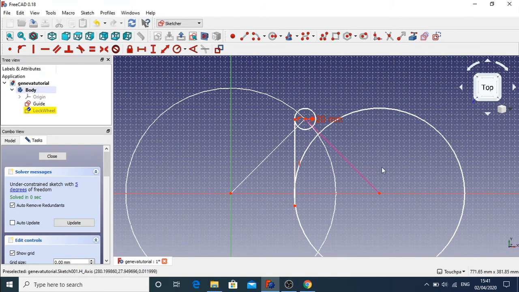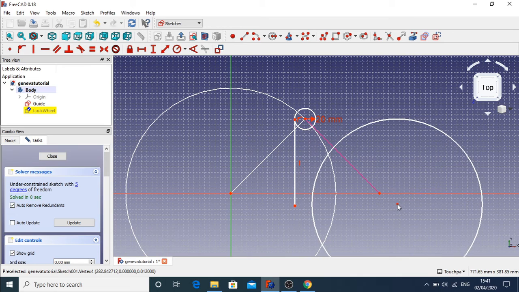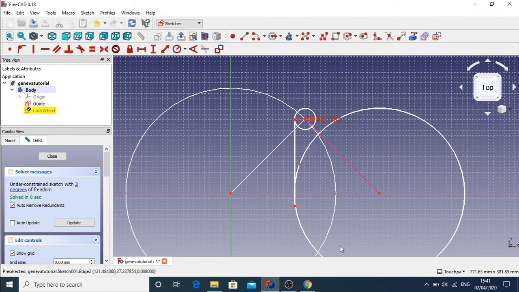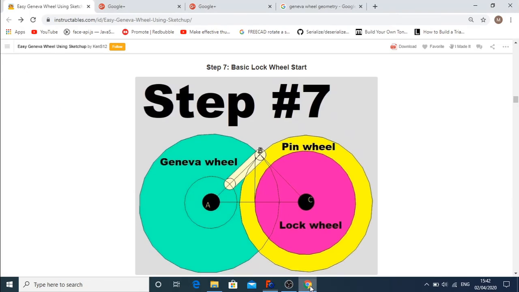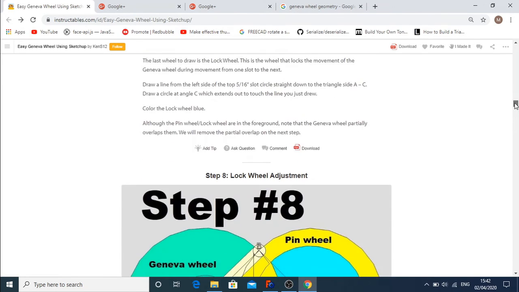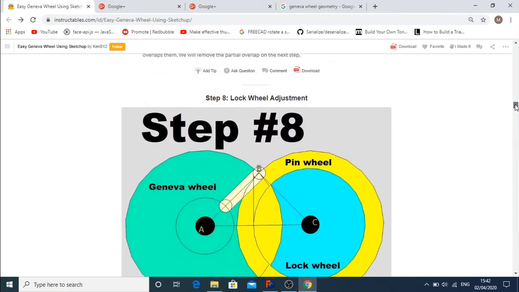Pressing escape to get a pointer back. Now I'm just going to move it and click on the 2 points and add a constraint. So that wheel now is touching this vertical constraint line. And if we look back at our instructions, we can see the next step